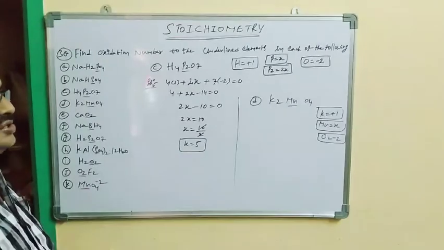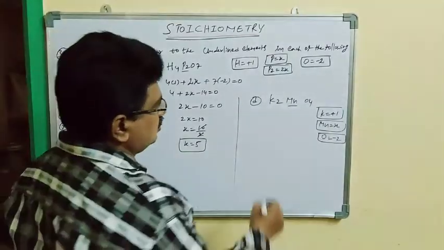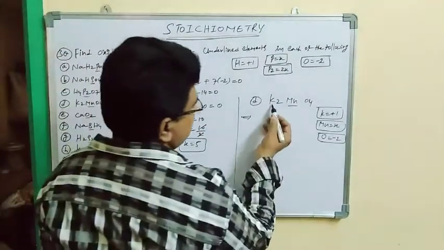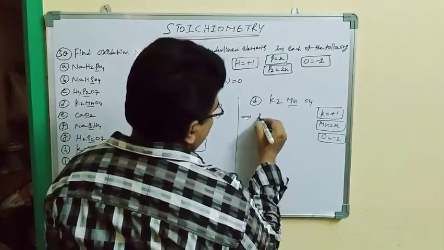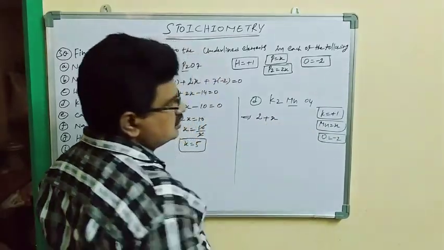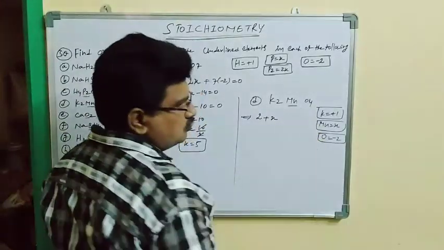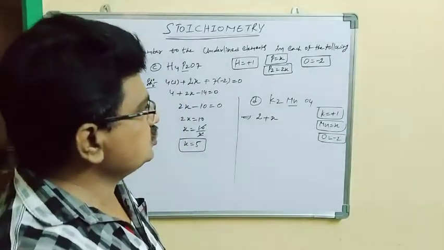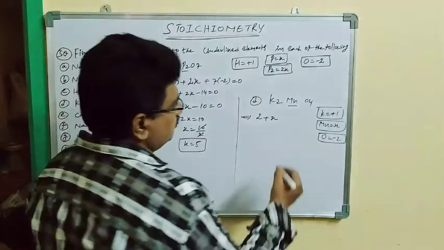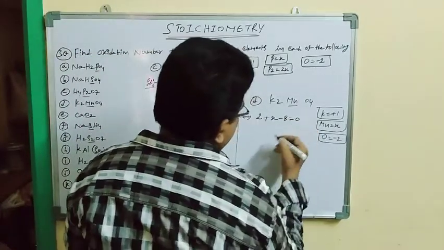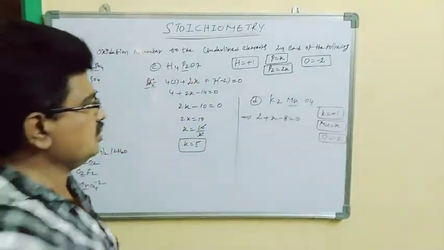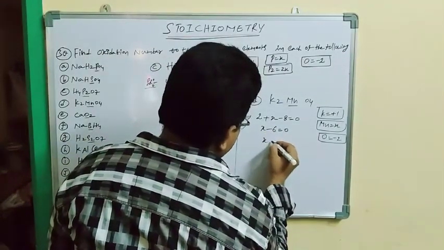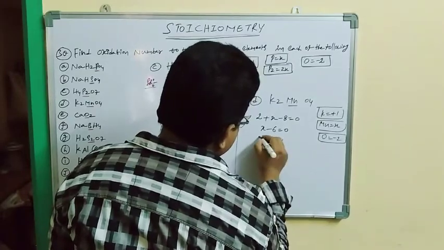Substitute these charges in this equation. We can do it directly also. How many potassiums are there? 2 potassiums, so 2 plus X. How many oxygens are there? 4. 4 into -2, how much, student? 4 twos are 8, so -8. I wrote it directly here: +2 -8. X minus 6 is equal to 0. X is equal to +6.